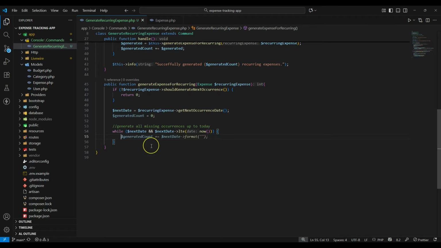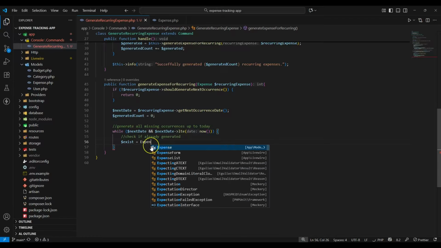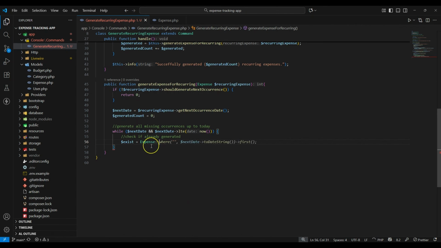So first we are going to check if we have already generated that expense, okay, so we're going to say exist equals to expense, okay, then where